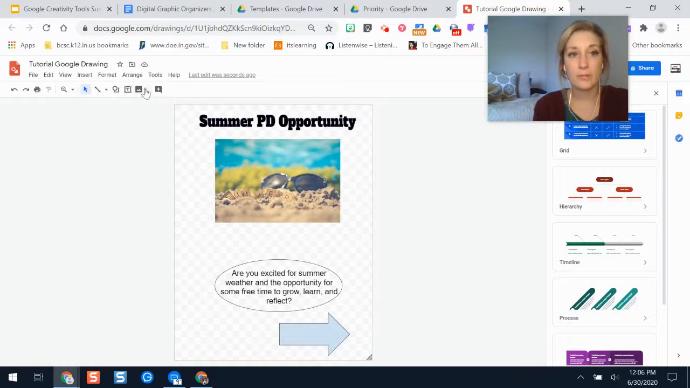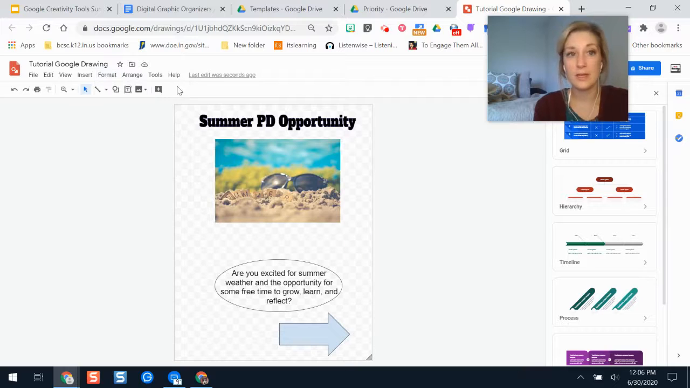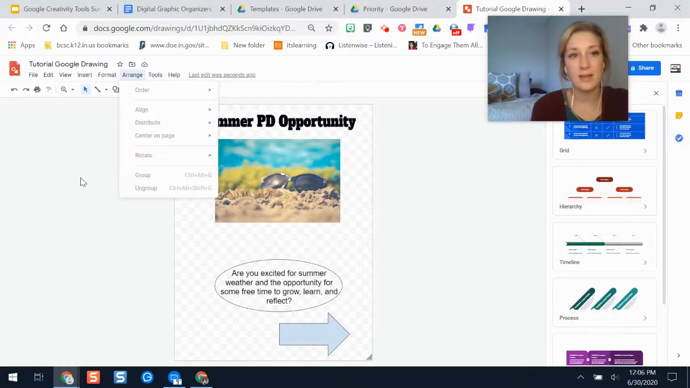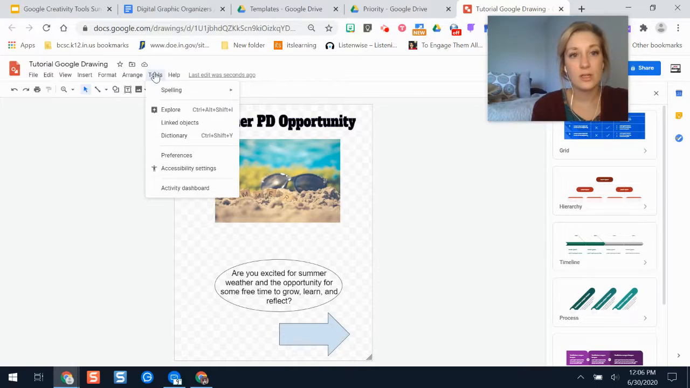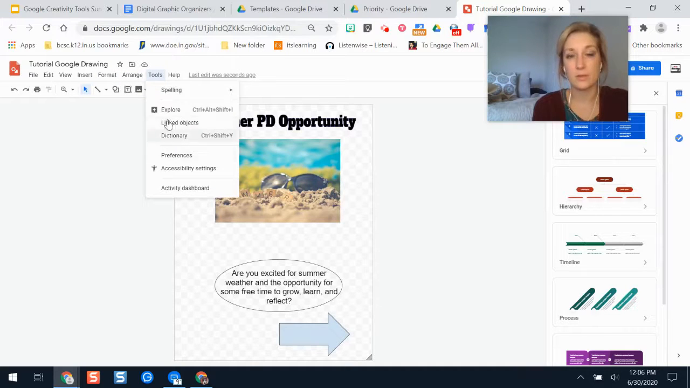There's shapes and lines you can put. I can format things to change the background color if I wanted to as well. And I can even arrange things so that they're in different layers, almost like in Photoshop if you've messed with that. Whenever I am finished with using my Google Drawing, also know that there's the same tools here as you